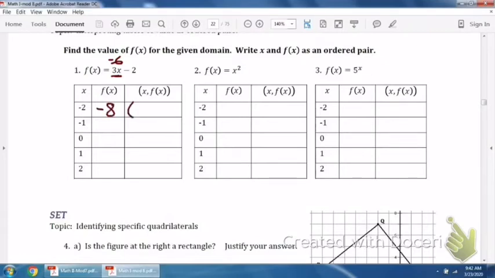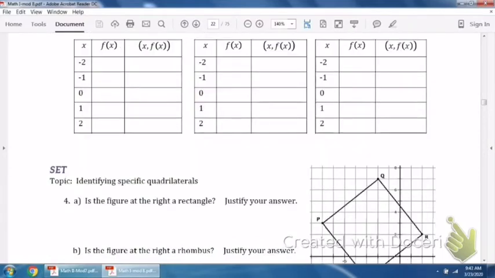Then over here, they want you to just write X and f of X, which is what you just got, as an ordered pair. So you'd write -2, comma, -8, and just put it right there. And you do all the rest of them the same. Plug the numbers on the left in for X. When you get to the set,